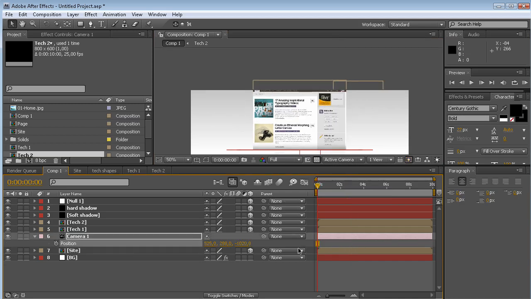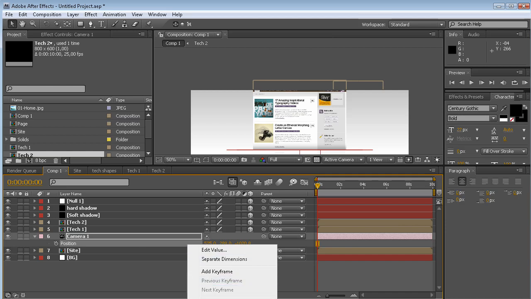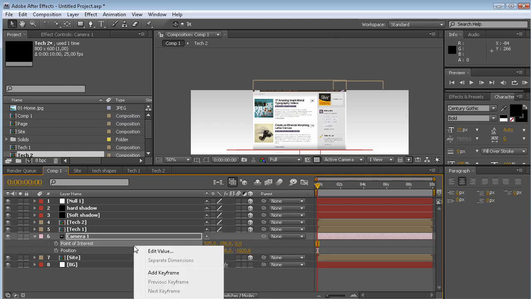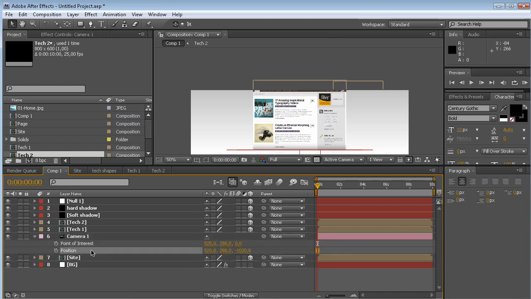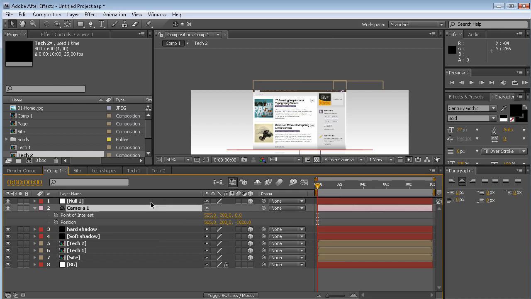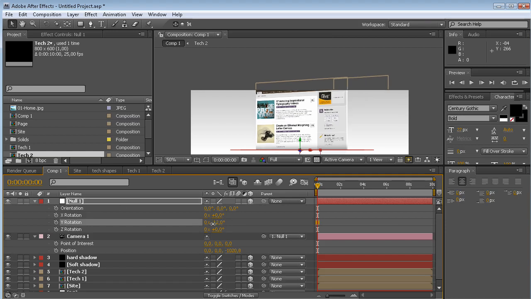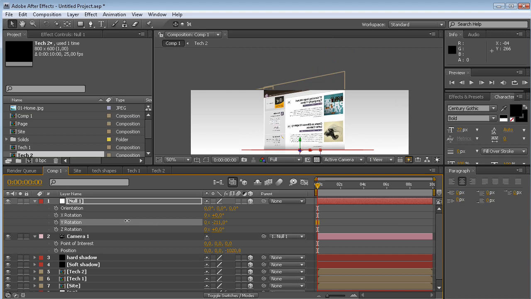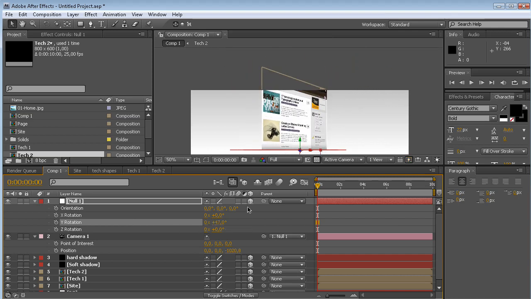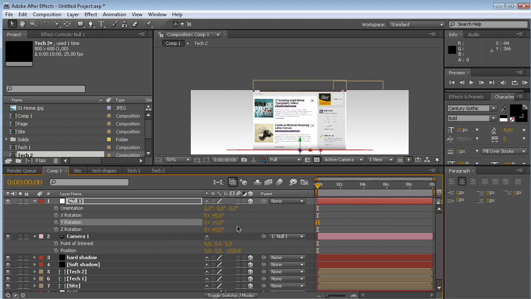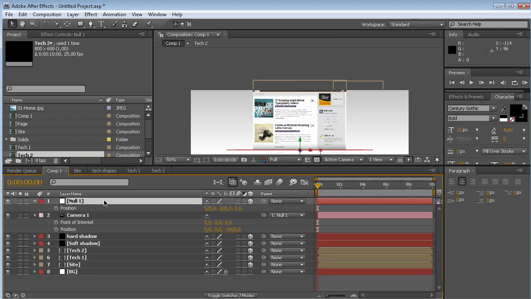Let's reset these. We're going to parent the camera to the null object as we usually do. So if I go into rotation and I start rotating the Y rotation, you see that the camera is rotating perfectly. Cool. So what we're going to do when we're animating the camera is we're going to animate the X and